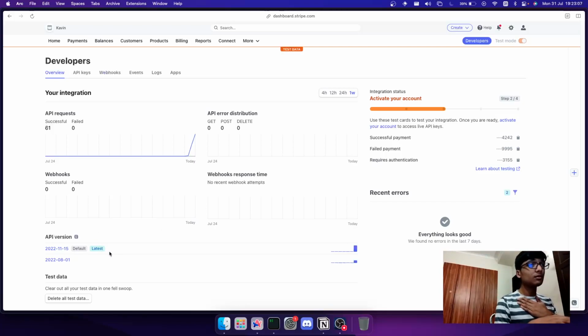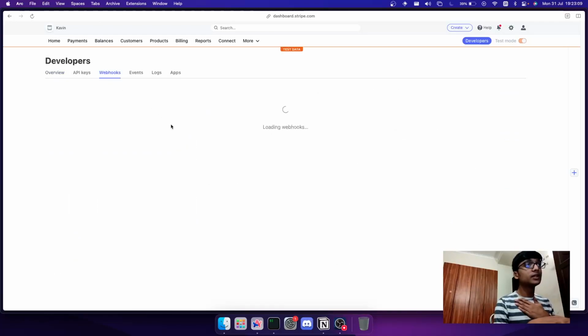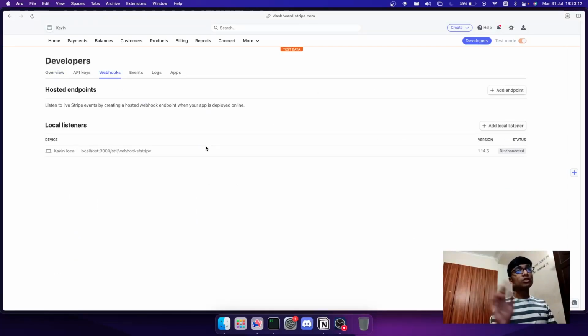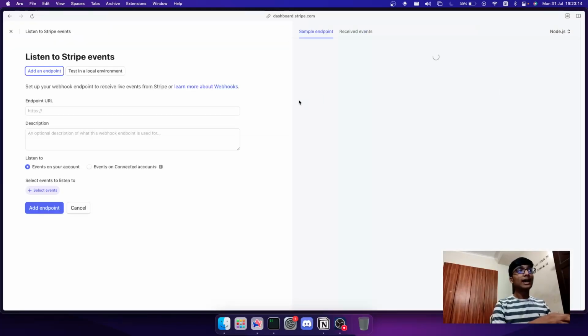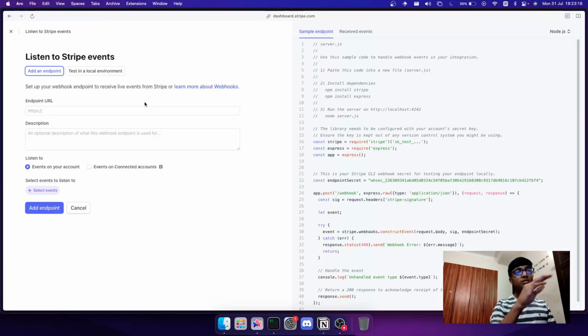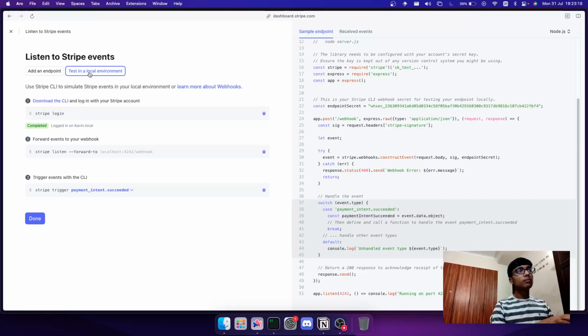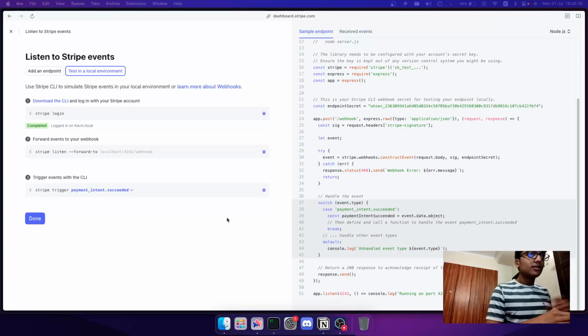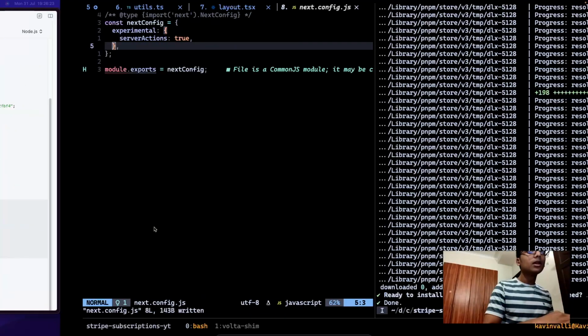So if I just look at webhooks over here, in production, what you would do is add an endpoint, the endpoint where the webhook is basically hitting. But otherwise, just test it in a local environment. Yep. So I just took a short break there, but basically to get this working on a development environment, go and